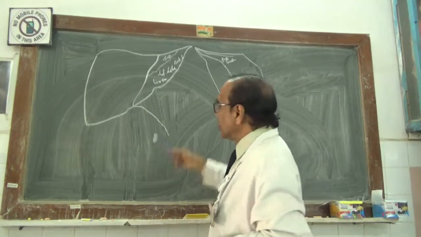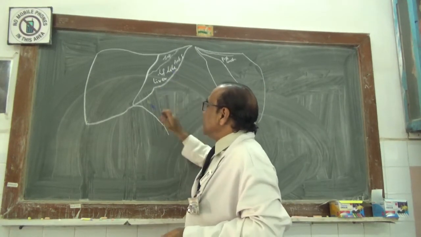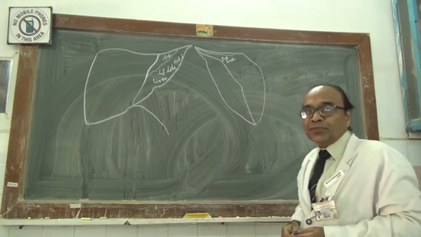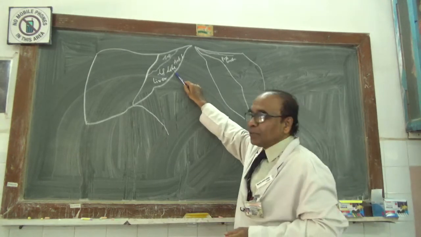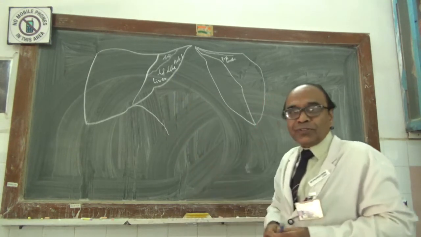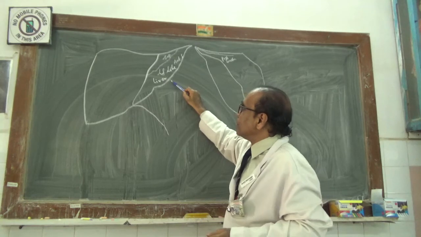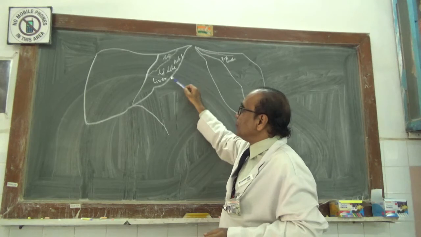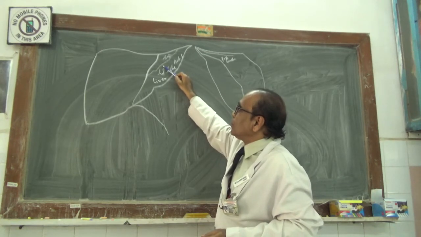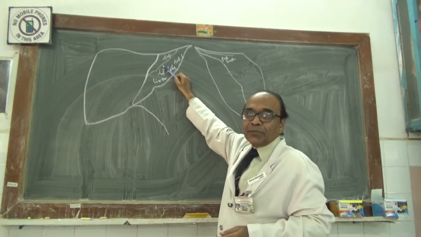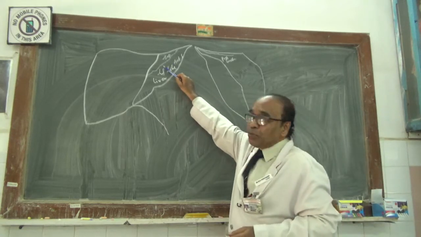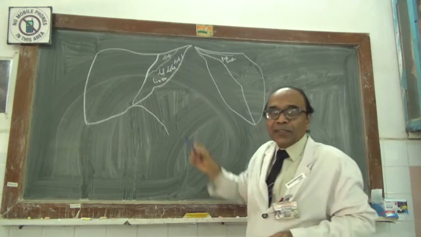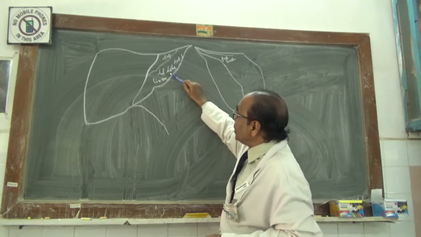Now we will go to the anterior surface of the left lobe of the liver. The anterior surface of the left lobe of the liver is the one which will be directing forwards, and it is present in between the anterior part of the inferior border and the rough, faint, indiscriminate anterior border of the liver, which will be extending even on the left lobe of the liver. So there it will be present.